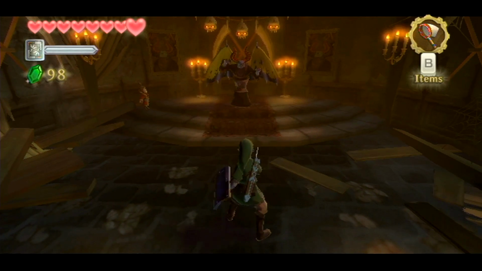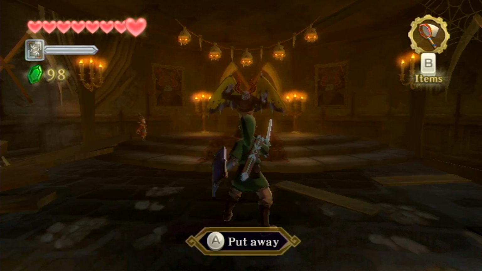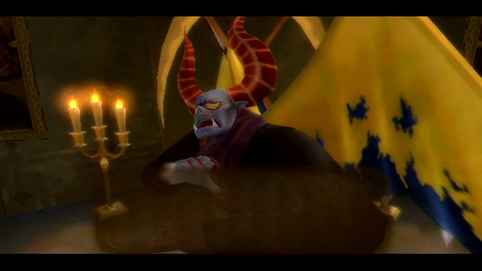Alright, here we go! So, this boss battle is to save this little girl! We must take on this guy here. So, here we go. I'm gonna start off with Skyward Sword. Ha! That didn't really hurt him, but...